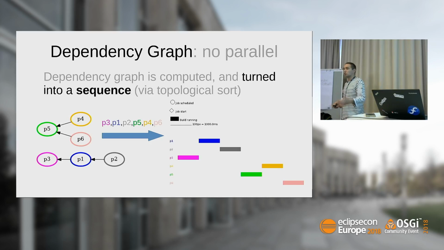Currently, if you build such a graph, the workspace will resolve what's called a topological sort. I don't know if you're familiar with it. It's just one order which matches the condition that every node is after its ancestors. So P2 must be after P1 because it depends on P1. For a given graph, there can be multiple topological sorts. It's building one, resulting in such a graph, which is correct, projects are built in a good order. You get P3, which is built before P1, before P2, and so on. But still, it's sequential. You don't have builds in parallel.